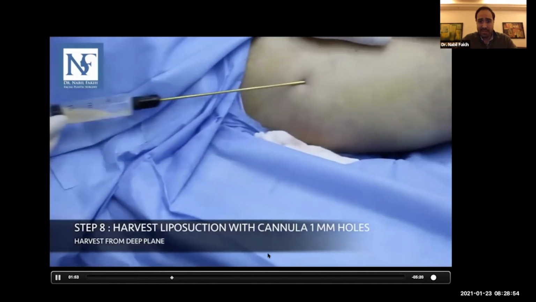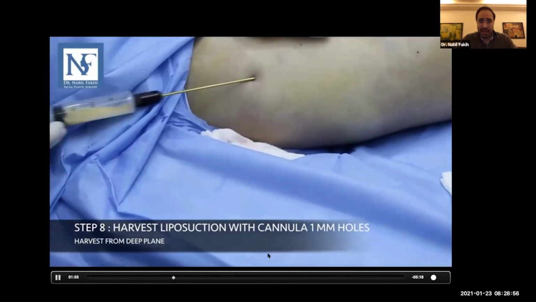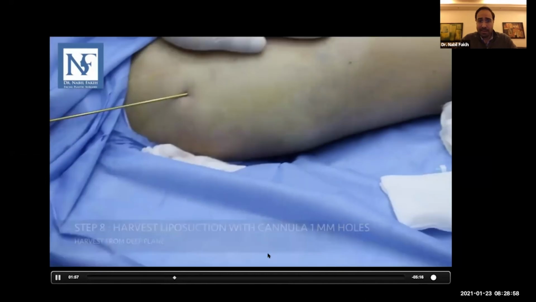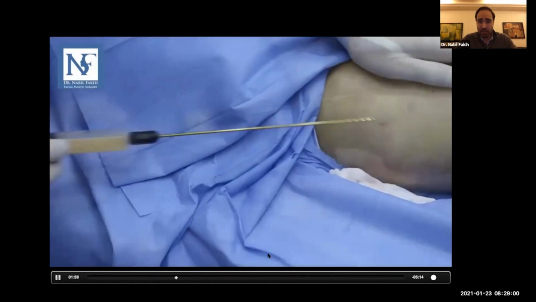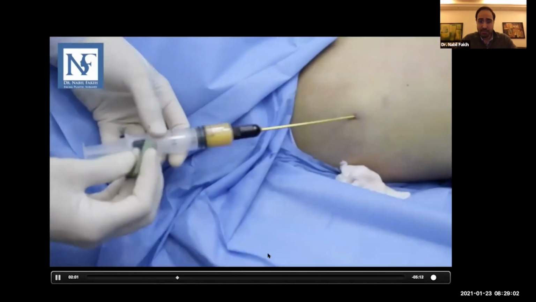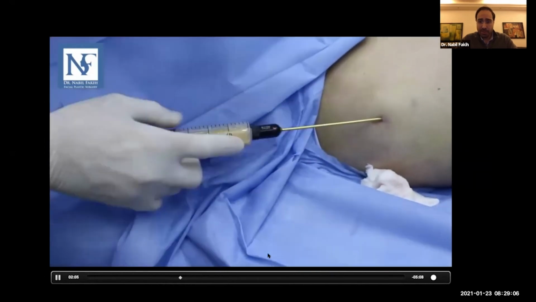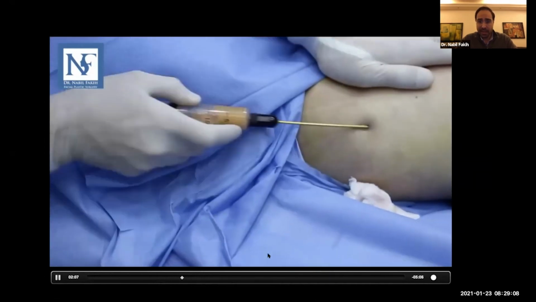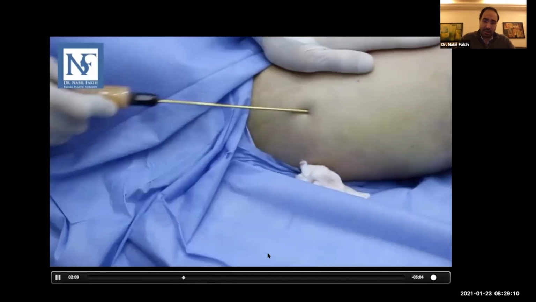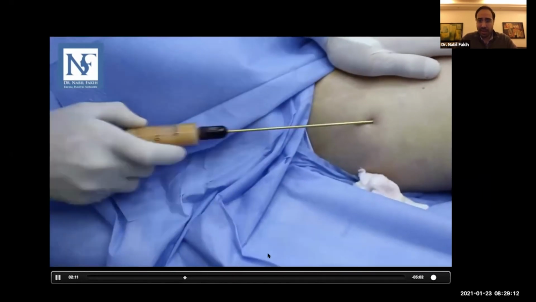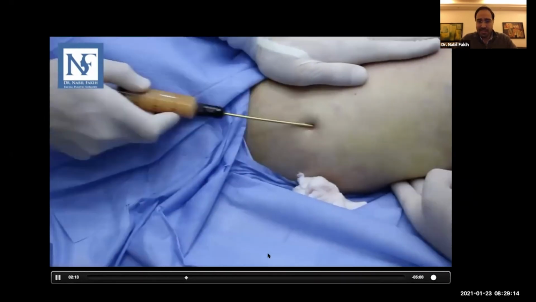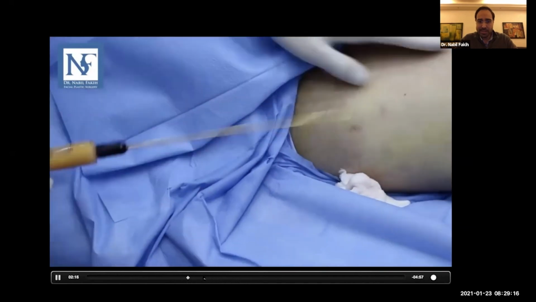We start harvesting. Okay, so from the area you want to harvest, remember that this area is a bit tricky. If you want to suction more, this is not the best position to harvest, because you can create a dipping in the area. Okay, it's better flipped sideways. But since I'm just harvesting very little, I'm just showing you exactly what we do.